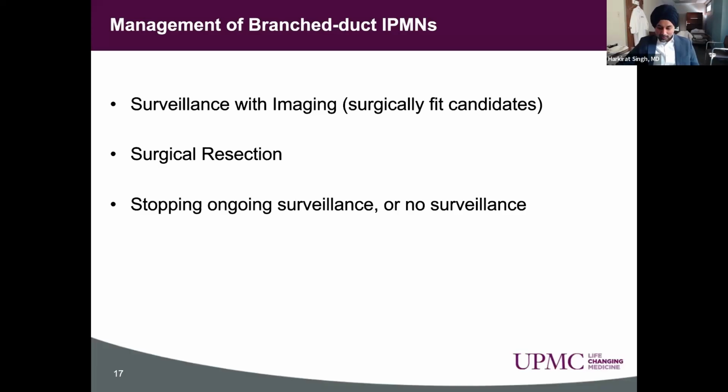The most common patient is a patient with Branched-Duct IPMN, which is usually found incidentally on studies, and they are asymptomatic. So there are 2 or 3 major things that we do when we see a Branched-Duct IPMN. One is we can survey them. We take a look at the imaging when the patient shows up, and based on what we see, we decide that this is not appropriate for surgical resection, and we survey them. Second option is surgical resection, and the last option is do nothing. And again, this is on a case-to-case basis.